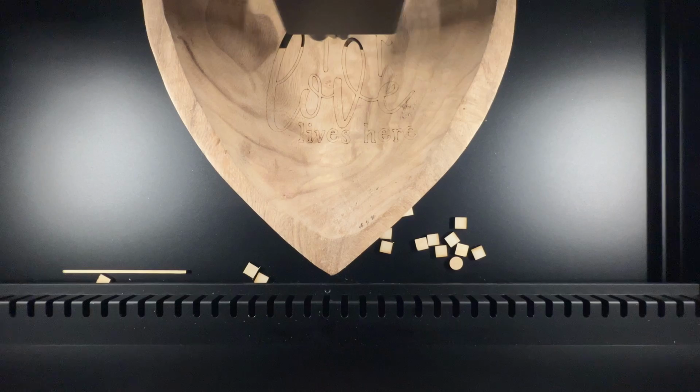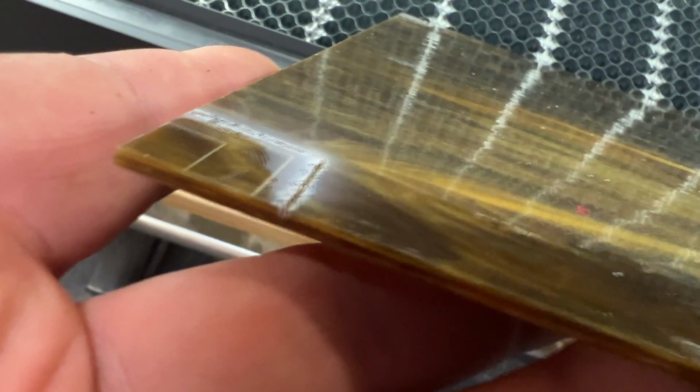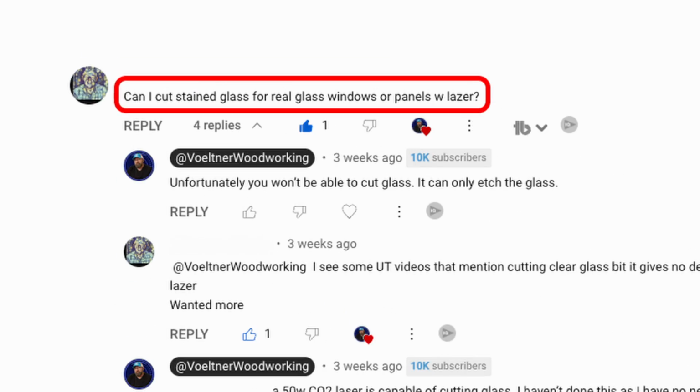as its competition. You're going to see this thing engrave curved surfaces, etch and cut acrylic, engrave and cut leather, and I'm even going to try it on some stained glass based on a comment from a viewer in another